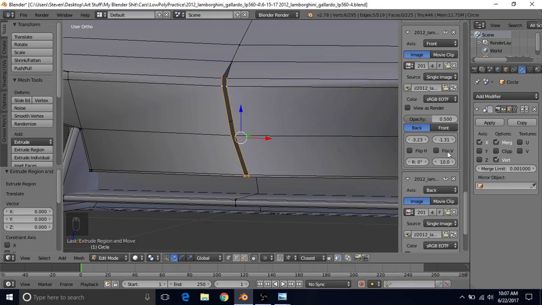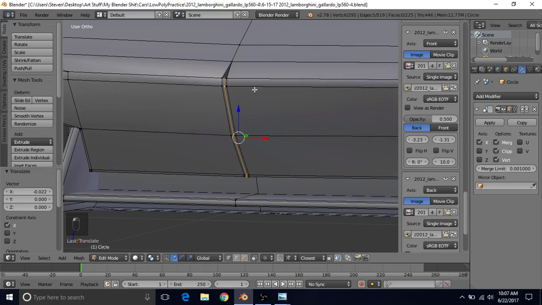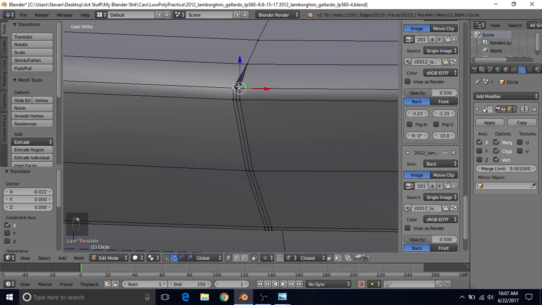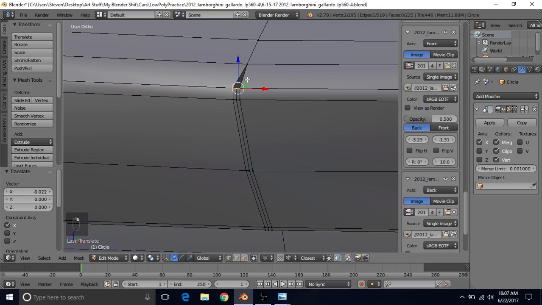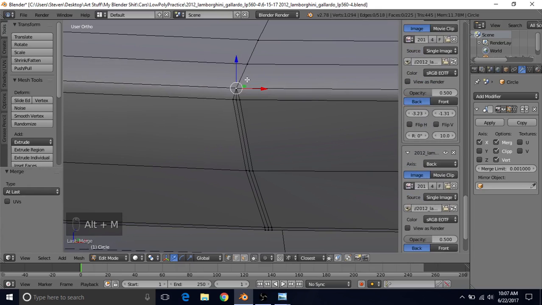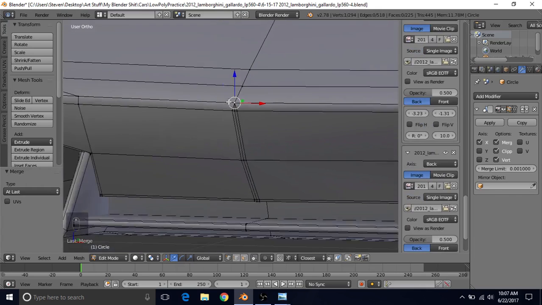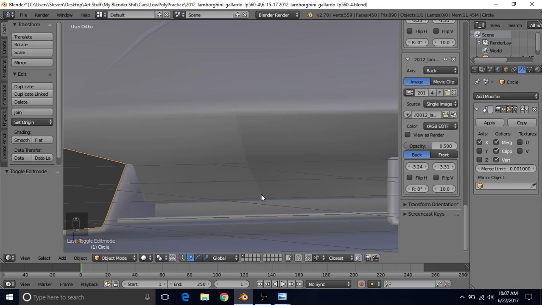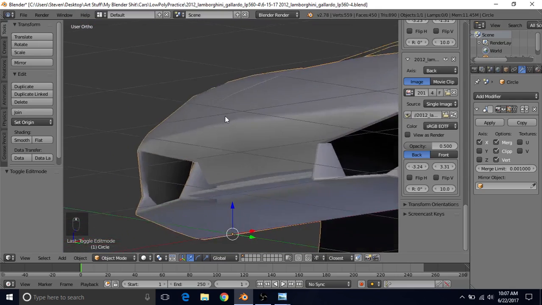Right click again to reset the position, turn clipping on, and now drag them back together. I'm going to select this one, then shift select the middle one, Alt M at last to get rid of that hole. And now we can see we have a very faint line right here,